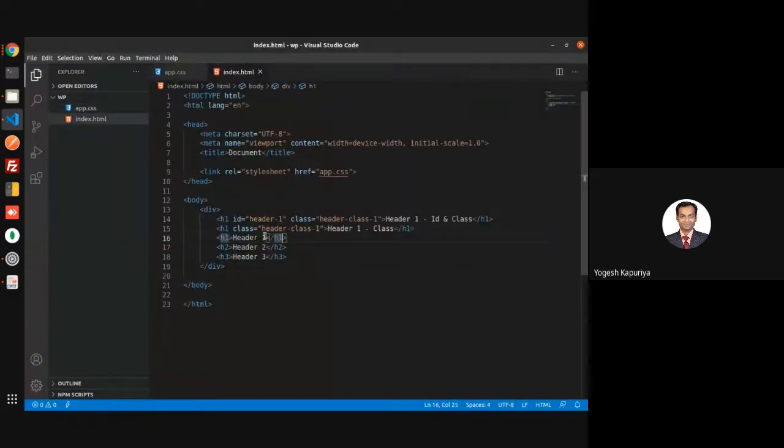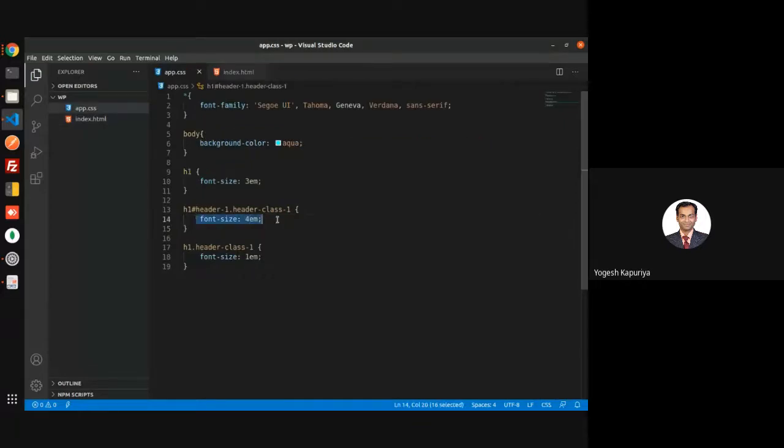So now this style is only applied when the H1 tag has the ID header 1 and the class header class 1. It should have both attributes, ID attribute as header 1 and class attribute as header class 1, then this style will be applied. So basically there are numerous ways by which you can select an element. These are all called selectors in CSS.